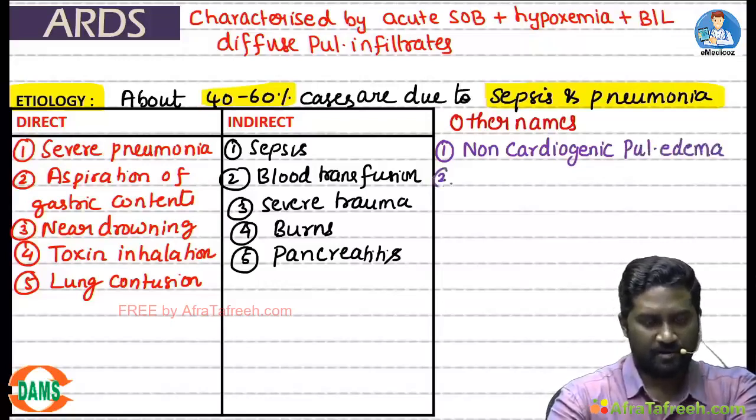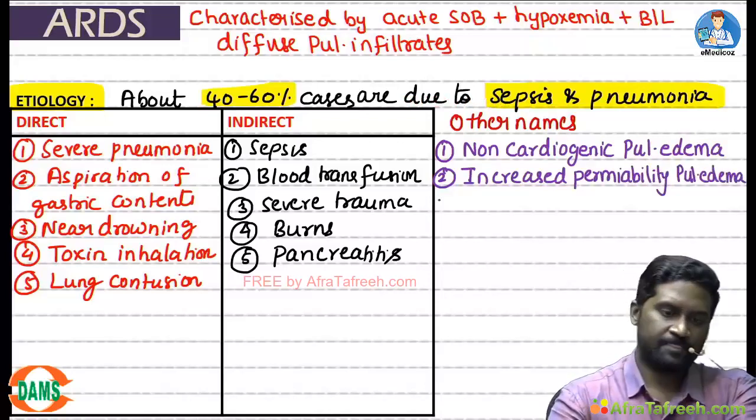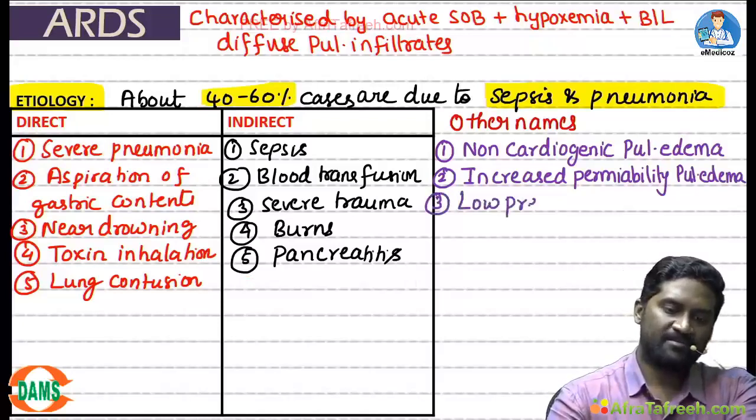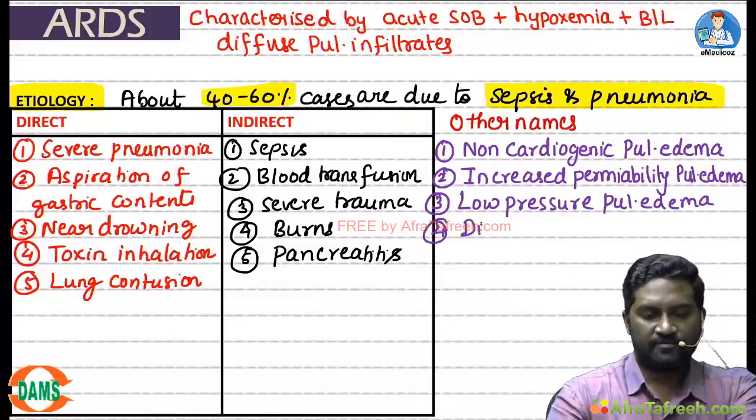It is also called increased permeability pulmonary edema. ARDS is also called low pressure pulmonary edema. Diffuse